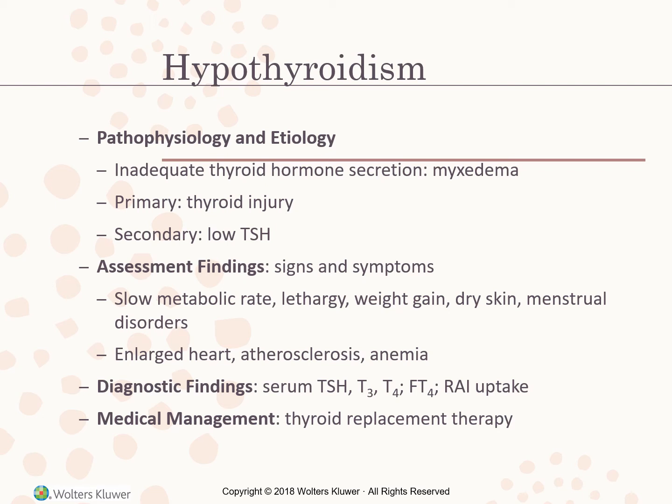Their temperature and pulse rate will be decreased, and the patient will be intolerant to cold, so they won't like the cold. Their weight will increase despite a low caloric intake. Their skin will be dry, and hair characteristically is coarse and sparse and tends to fall out. Menstrual disorders